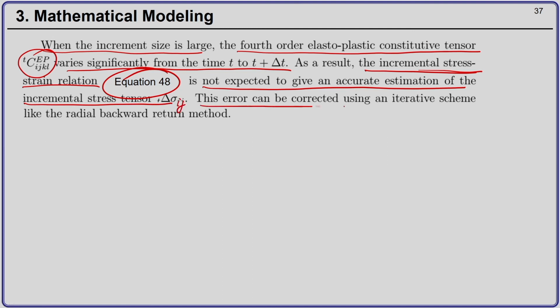So, this error can be corrected by using an iterative scheme, for example, the radial backward return algorithm. This also we will just briefly touch upon in our finite element formulation. With this we end the mathematical modeling part, where we have derived the relation for the incremental